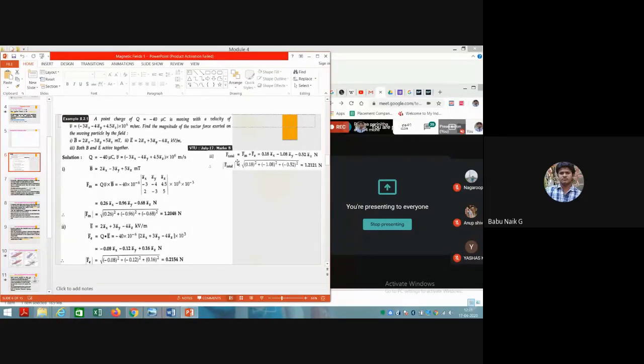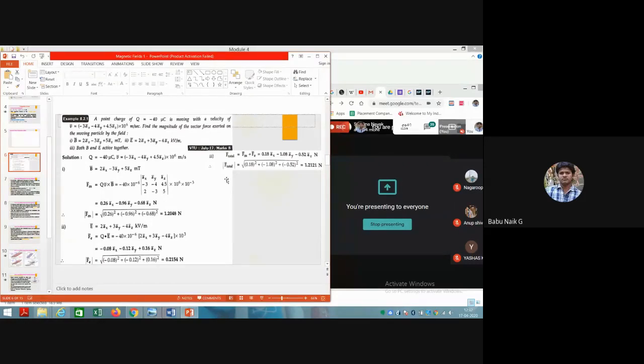So take that combined force in vector direction, which is magnetostatic and electrostatic. If we add these two, magnetostatic and electrostatic forces, we get the x, y, and z components with some magnitude here. Now if you take the total electromagnetic force, that magnitude is 1.2121 Newton. Sorry, it is Newton. This one is force.